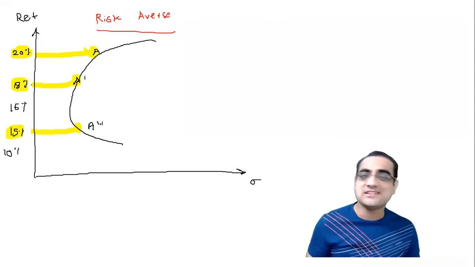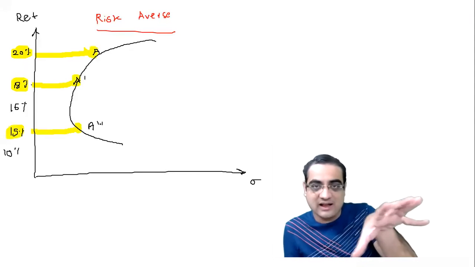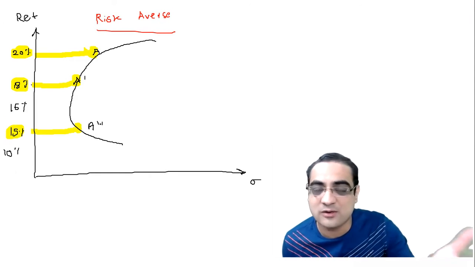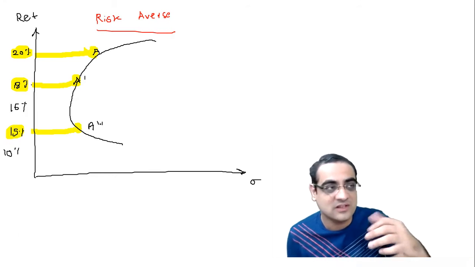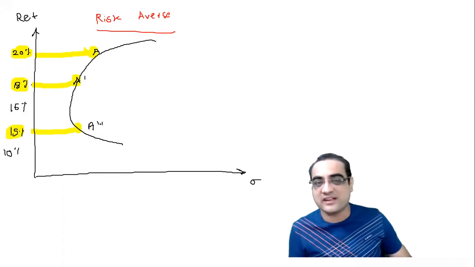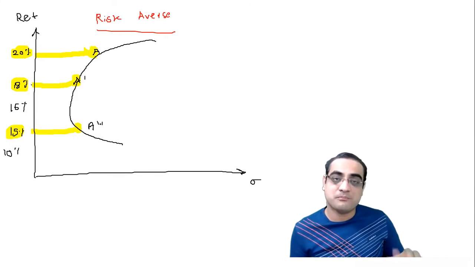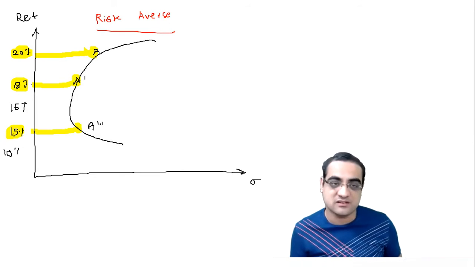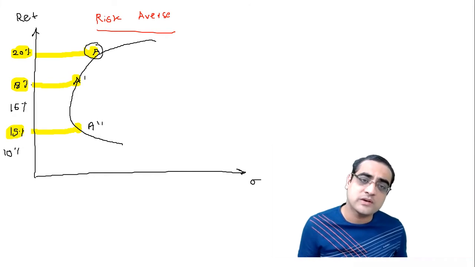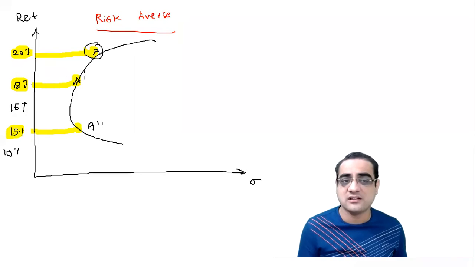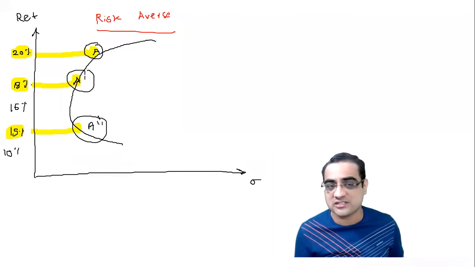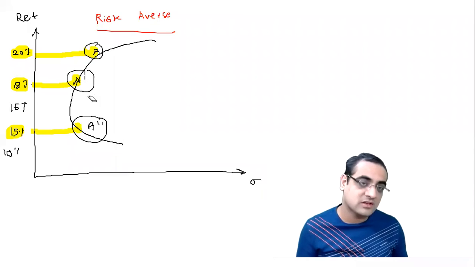So basically each point on the graph is called the frontier. By the way, I don't know the origin, Latin or Greek. Frontier graph is English, frontier could be Latin or Greek. So a frontier graph plots the lowest risk point for a specified return. A is the lowest risk point for 20% return, A dash is the lowest risk point for 18% return, and A double dash is the lowest risk point for a 15% return. All right.